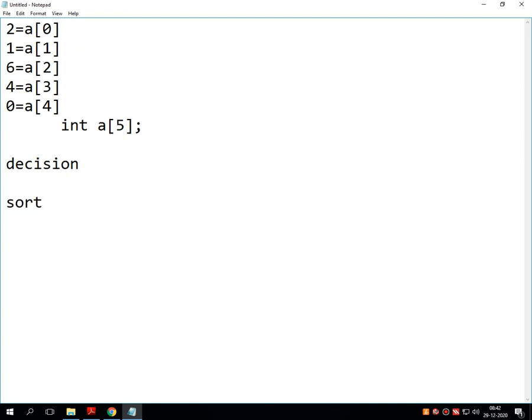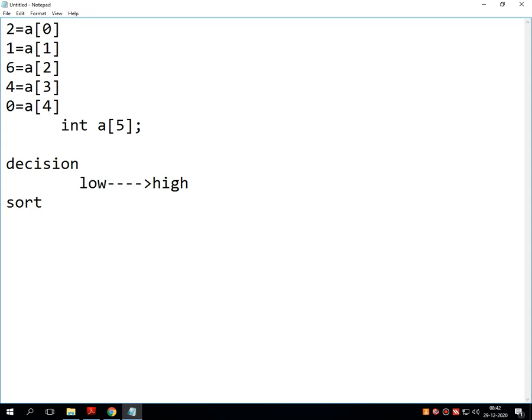Say, for example, in the decision making statement, suppose I have given a condition which sorts the values from low to high. Even we can go for high to low, highest value to lowest value, and lowest value to highest value. We'll take any one of these two. Let's take the first one.